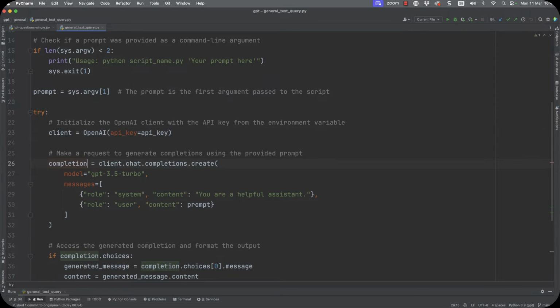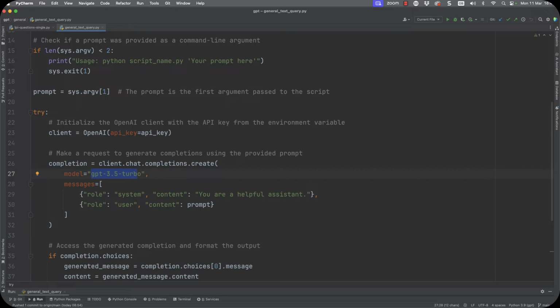We then move ahead and carry out our completion, where we prompt from our client, chat completions create, specifying the back-end model that we want to access. Here we're using GPT 3.5 Turbo, which is going to be good enough unless there's absolute modern day information that we require. The cutoff date for that is probably going to be January 2022, but it's good enough and is one of the cheaper models to use through the API. I could also use GPT-4 if I wanted more up-to-date information. It's going to be slightly slower and slightly more expensive.